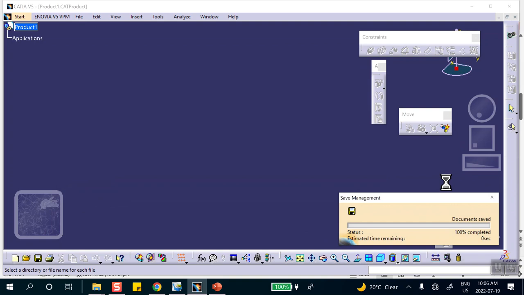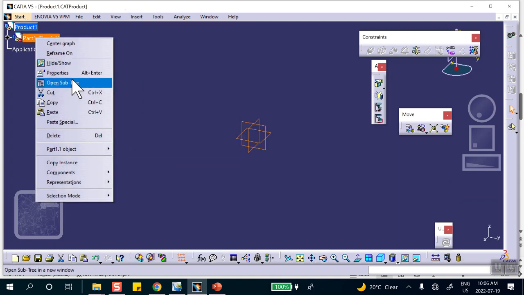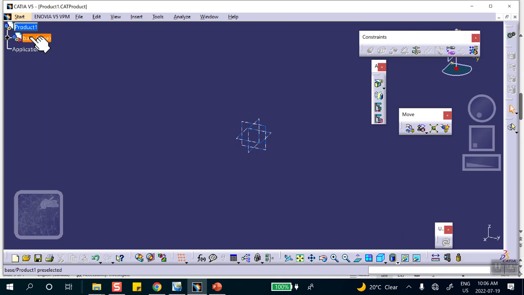Okay. Let me create my base first. So insert a new part in there. And I'm going to call this thing base. There is the part name down below, and this is the instance name. And let's make it. Now, if I double click on this, you know that you're not going to go anywhere,